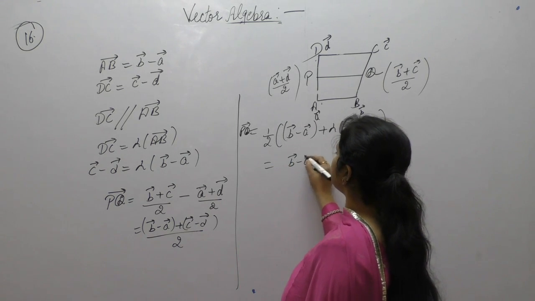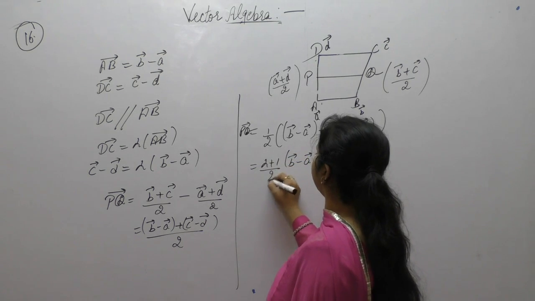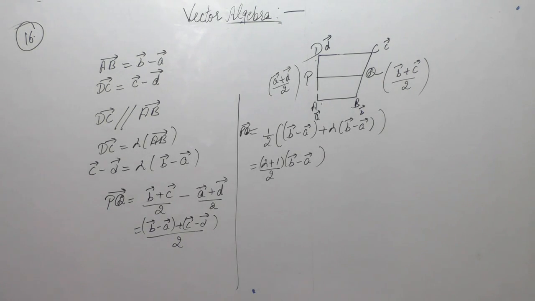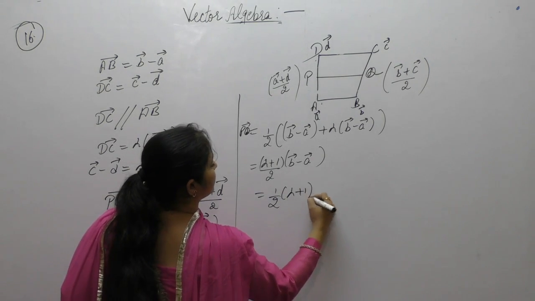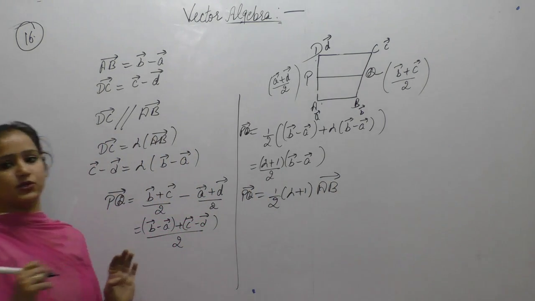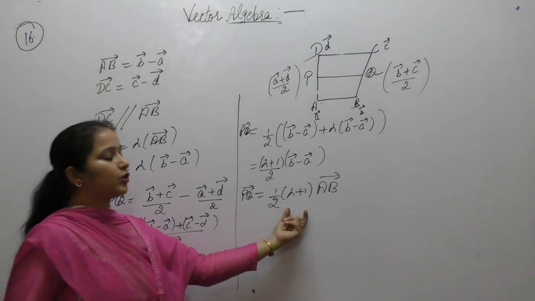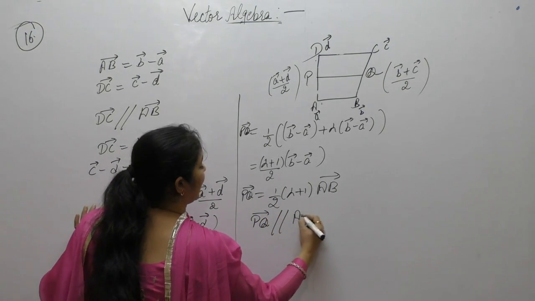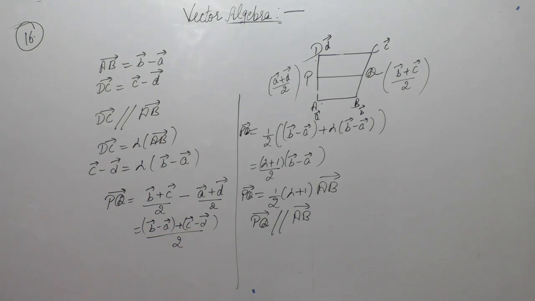Taking B vector minus A vector common, it becomes lambda plus 1 by 2 times B vector minus A vector, that is AB vector. If PQ vector is some constant times this vector, it means PQ vector is parallel to AB vector. But AB